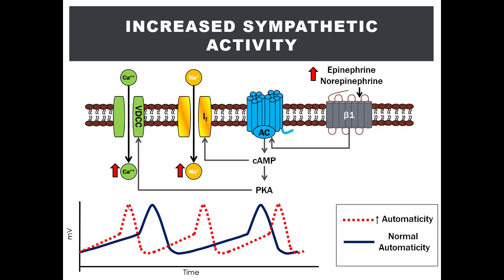Now, just as a side note, since a lot of us are avid caffeine consumers, we generally know that with caffeine consumption, we have a slight increase in heart rate. This is due to the effects of caffeine or methylxanthines on the SA node. Caffeine is known to increase cAMP levels in the SA node, which, as we said earlier, would increase sodium influx through the funny channels, as well as increase protein kinase A activity, which would in turn increase calcium influx through the VDCCs.